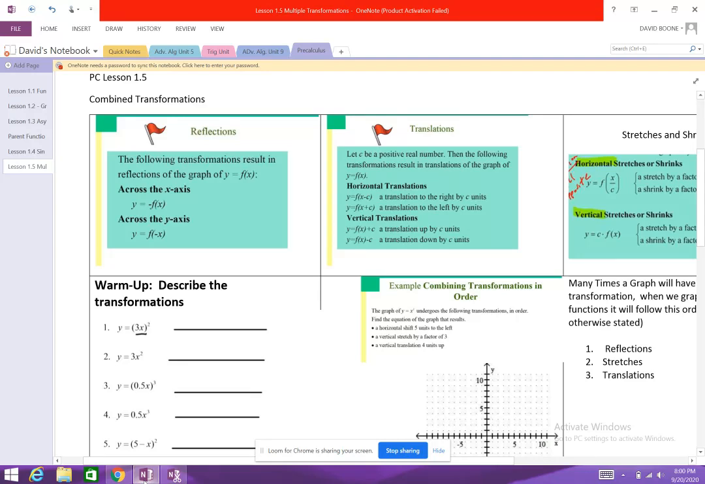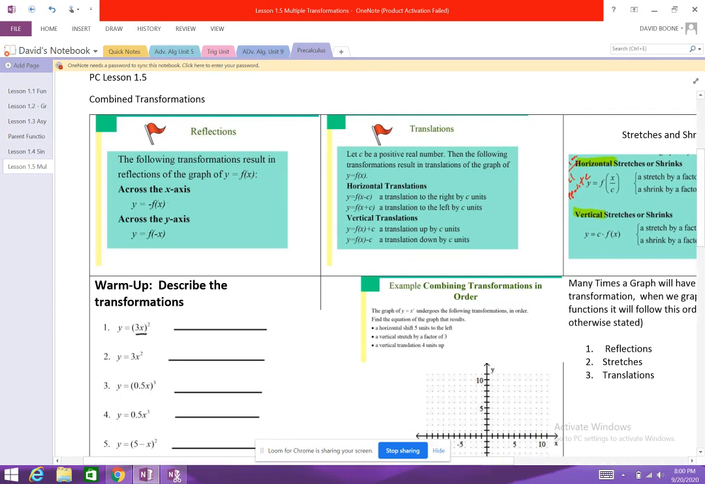Pre-calc. We're going to look at our lesson 1.5 on combined transformations, or multiple transformations. What we're going to do is put more than one of these transformations together: a reflection, translation, or a stretch or a shrink. So just to review first,